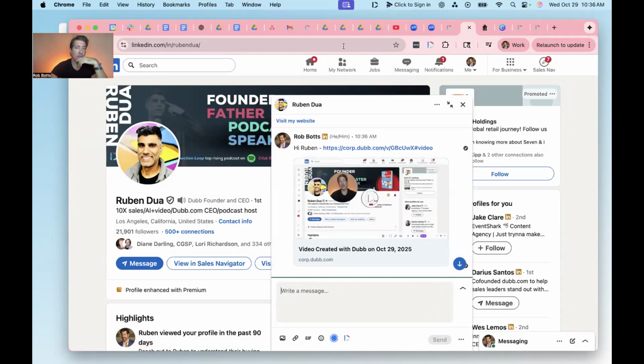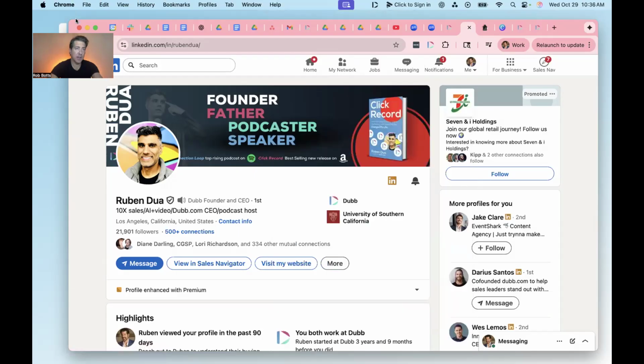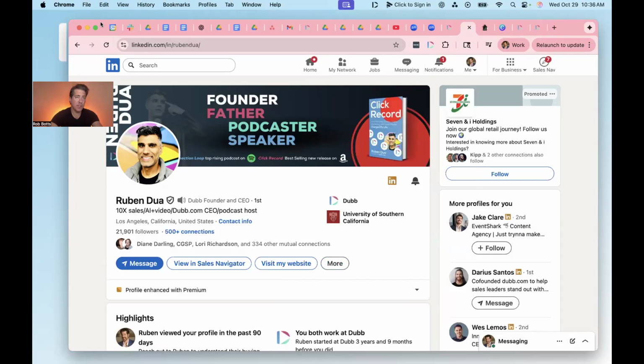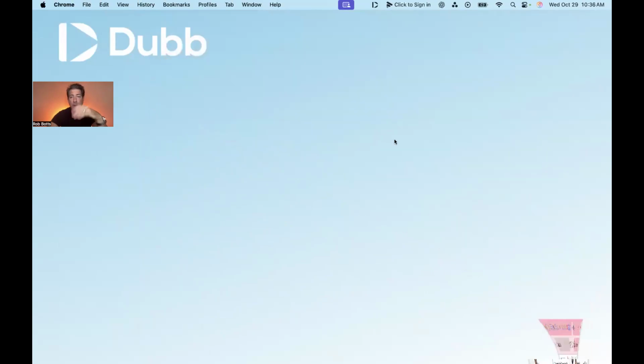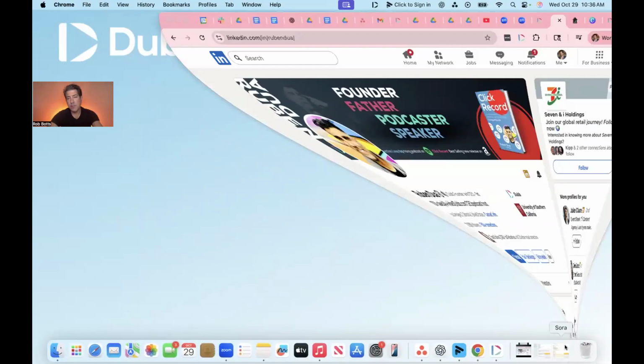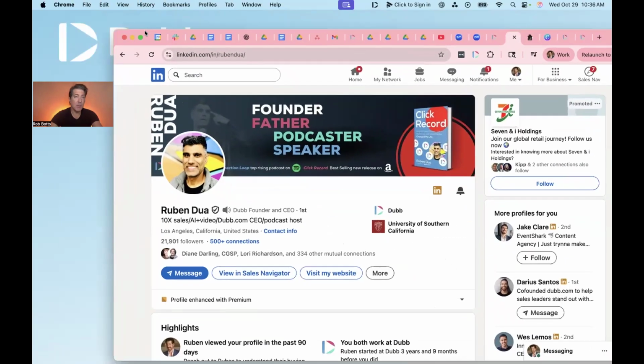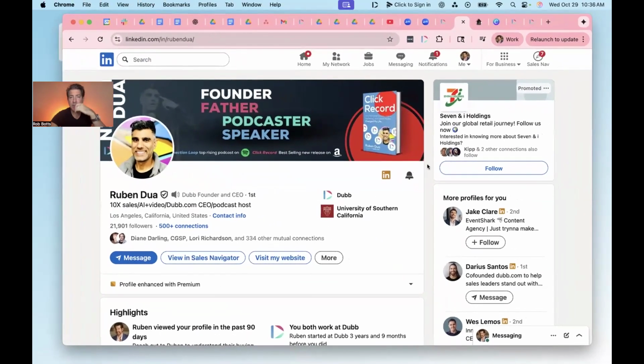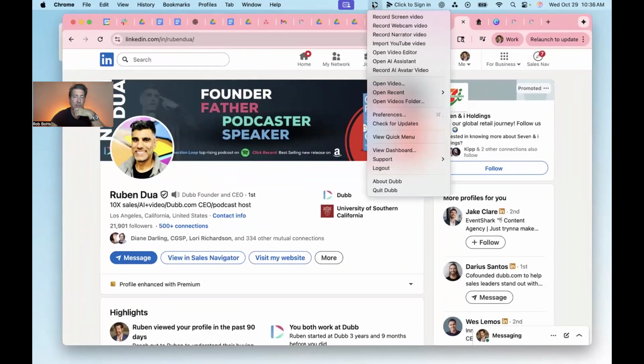Now, as far as other screen recorders that we have, let's look at the desktop app. So you just saw a browser-based screen recorder called the Chrome extension. But what if we wanted to use the desktop app? How would we use that? Well, you have a couple different scenarios. So once you download the Dubb desktop app, once you say Google Dubb desktop, download it from Mac or PC,